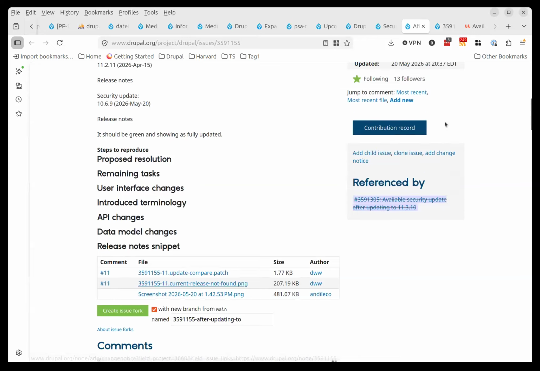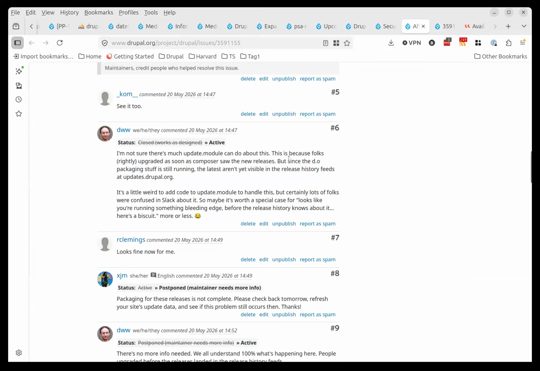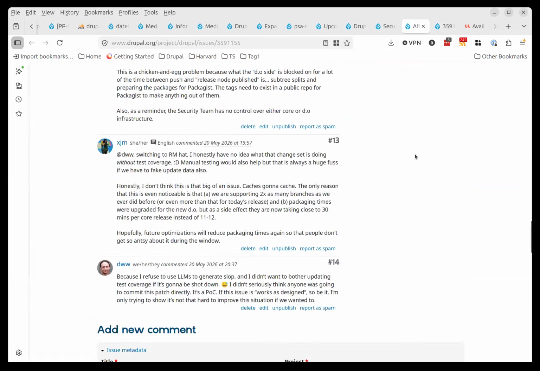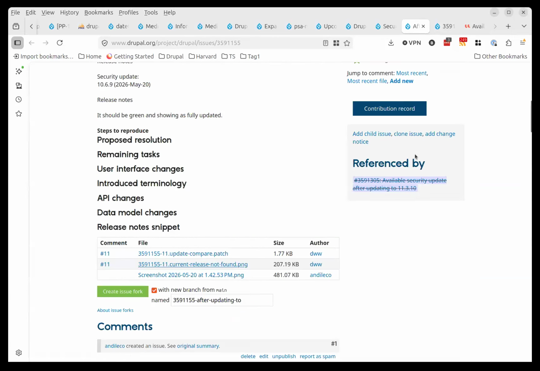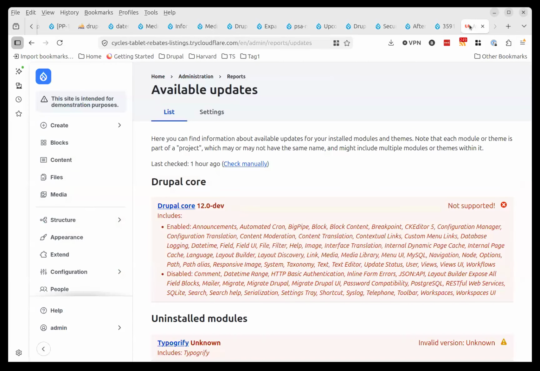I think it is. DWW, who prepared that screenshot and the patch, says it's a small amount of code. And there was further discussion on Slack. So I think we're agreed that it's worth fixing. It's worth adding something. Yep. And then